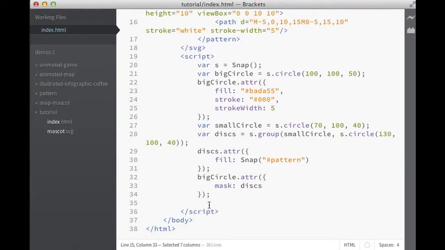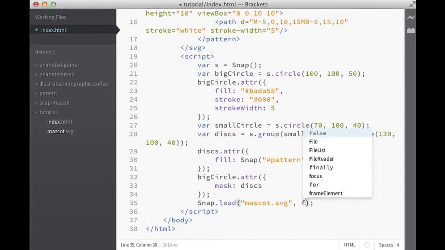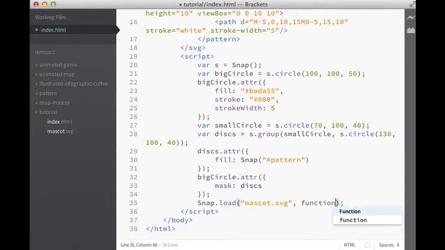So we could apply this pattern to the mask and have it applied to our big circle. Now, what about we want to download some existing files? We can do this by saying snap.load, and here I have a mascot SVG just nearby, and obviously it's asynchronous, so we need to pass a function here. So it will give us the fragment,